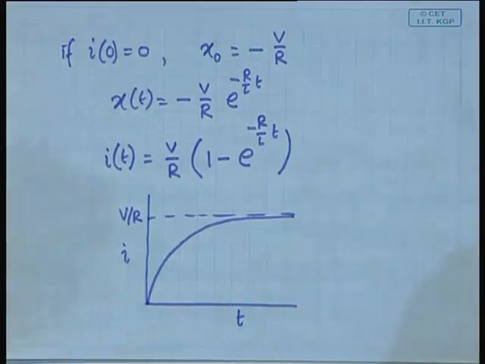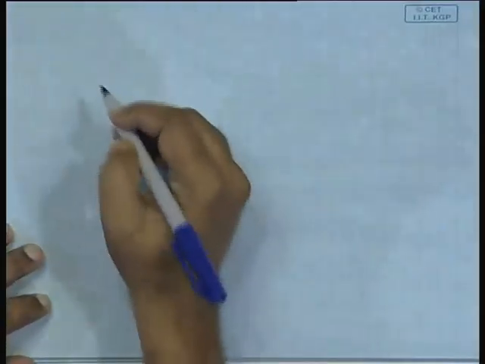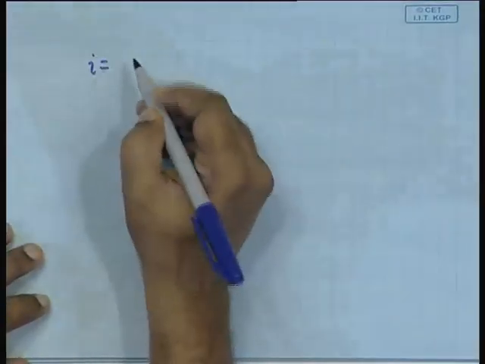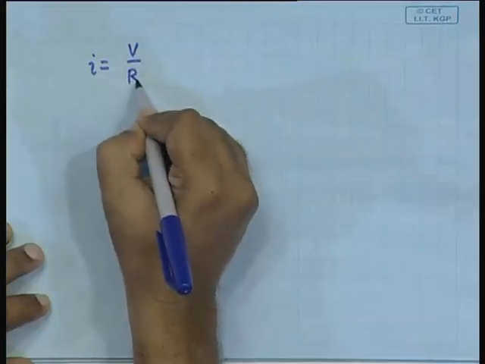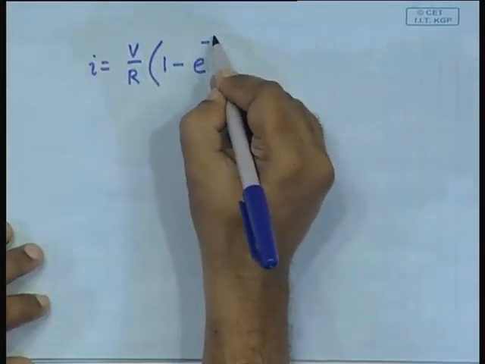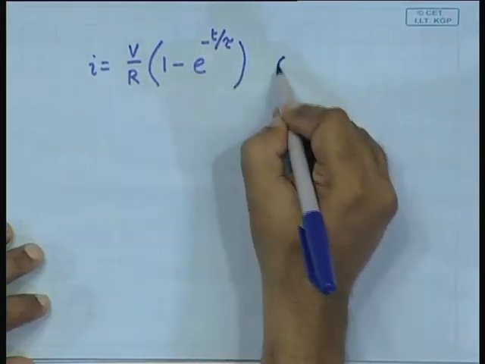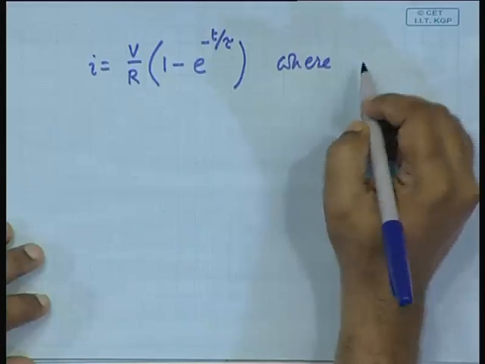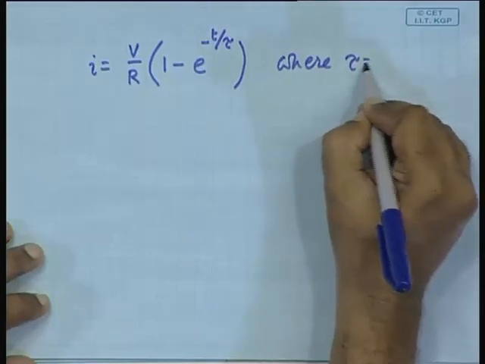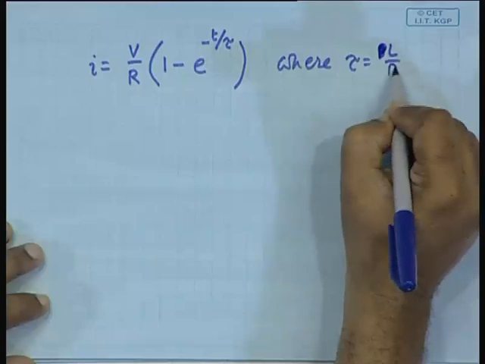So, the standard way of answering that question is to write this in the form, solution is written in the form I is equal to v by r 1 minus e to the power minus t by tau, where in this case tau is equal to,